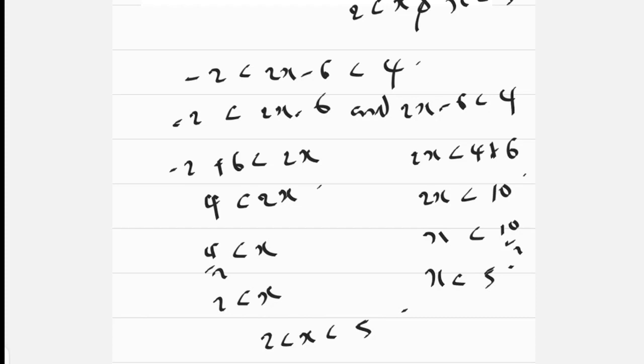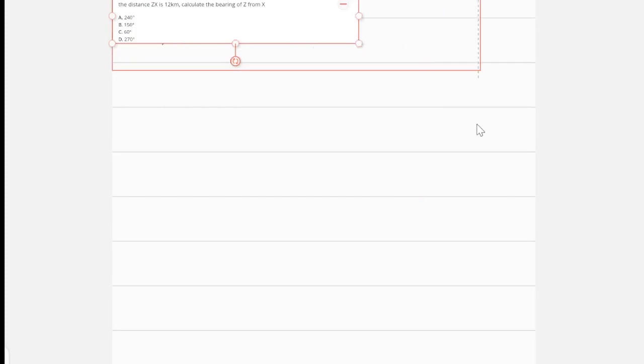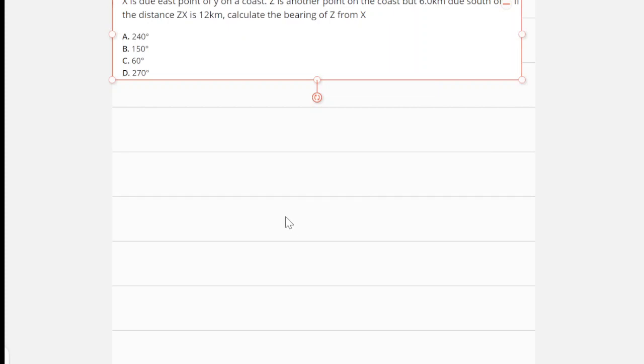Question 38 is on bearing and distance. Let me just quickly do it for you. Let me copy the question here. So I might do a separate video on bearing and distance. Okay, the question says if S is due point of Y on the coast,